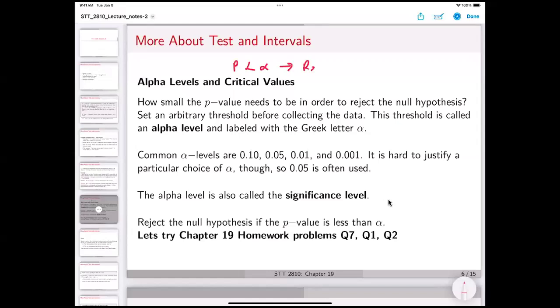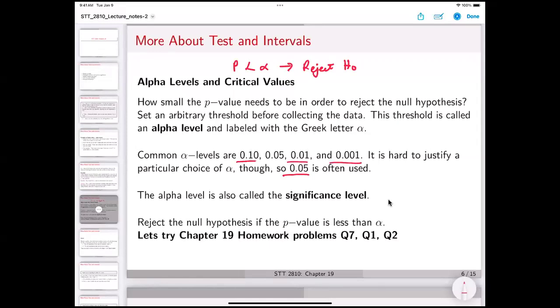What do we do? We reject the null hypothesis. And then I remember in chapter 18, when we were dealing with the p-value and concluding that the p-value was large or small, we were using an alpha level of what? 0.05. But like I did say, the alpha level can also be 0.1, it can be 0.01,